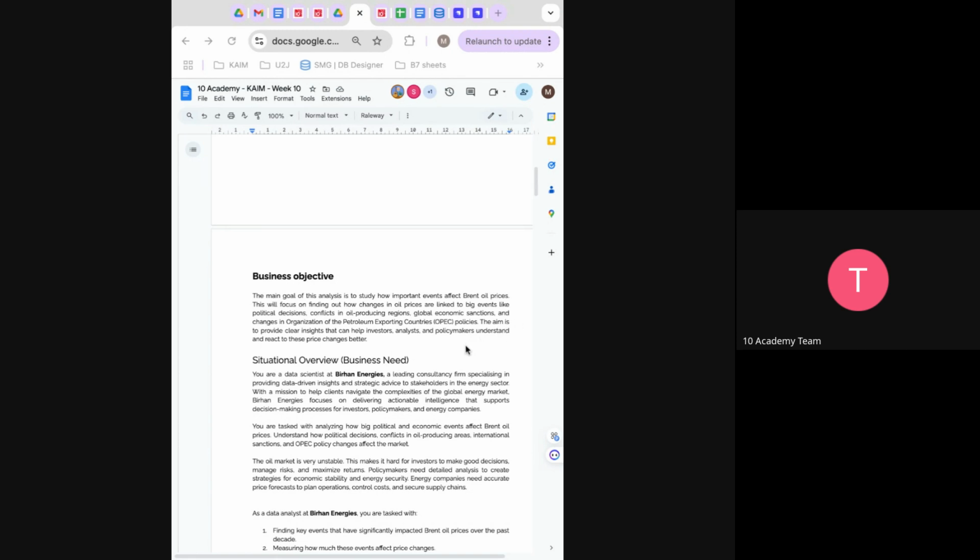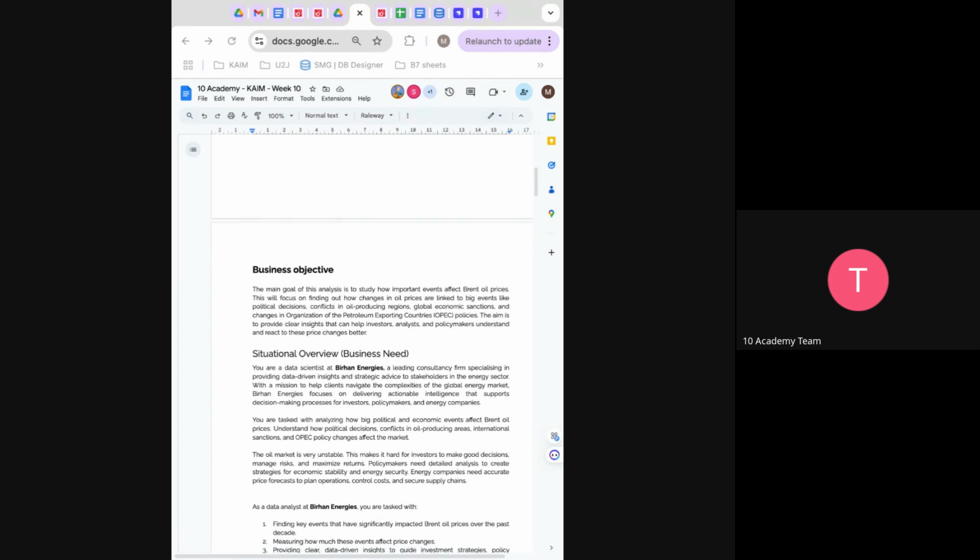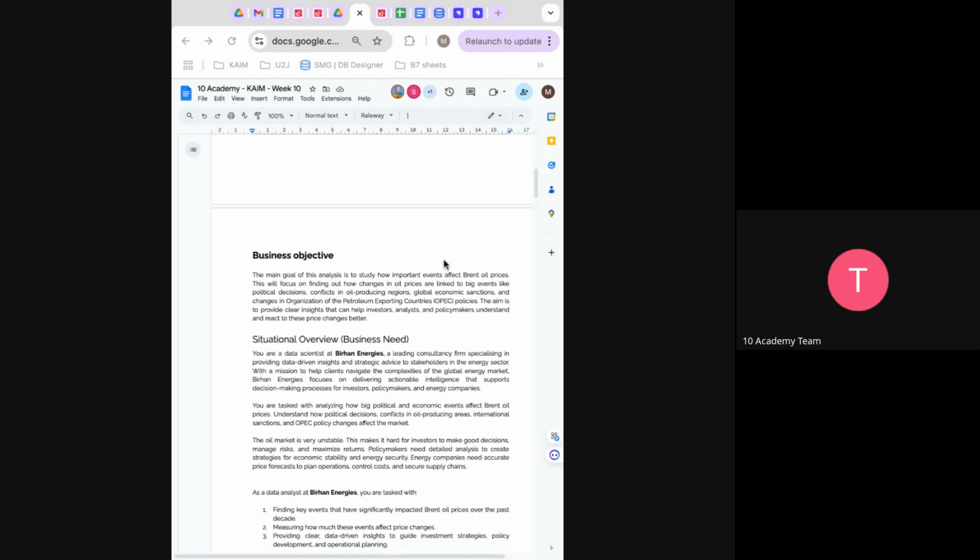So when we come to this week's challenge, it's about analyzing the important events that affect the Brent oil price. That means we have Brent oil price data, the price per day. It's time series data, and there are some shifts in this price. These might be caused by different things, like actions by policymakers, or the change from